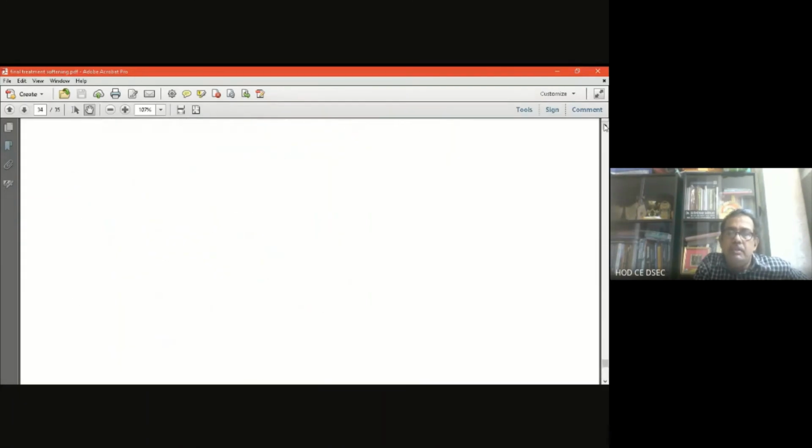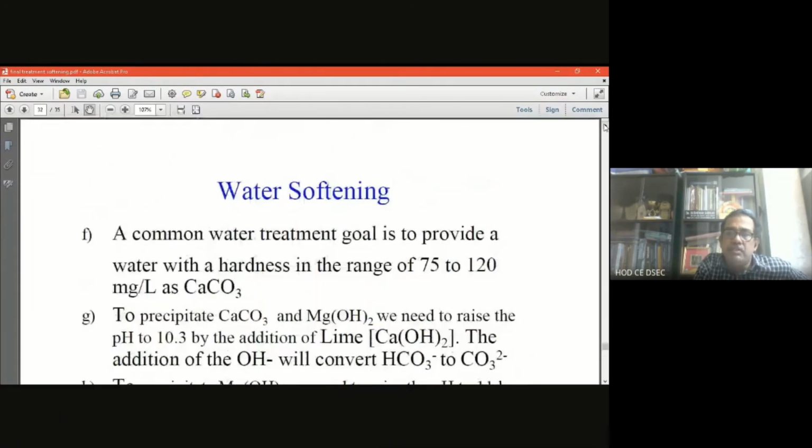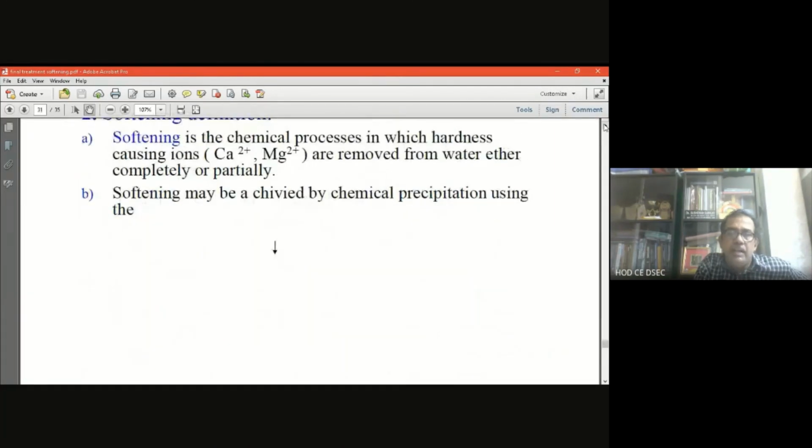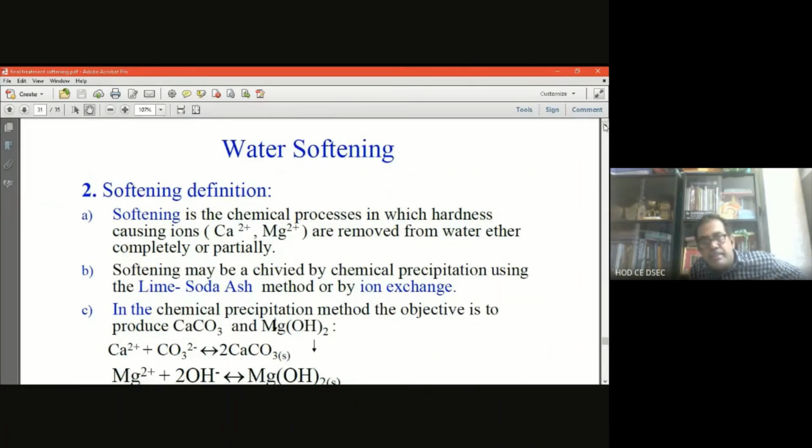So this is the last treatment process I have described regarding water treatment. As per your syllabus curriculum, there are 8 parts. Part 8 I have deliberated in today's lecture, that is my 19th lecture. This is all about the water treatment process, because the last 7 parts regarding water treatment have already been discussed. So I will close it today.